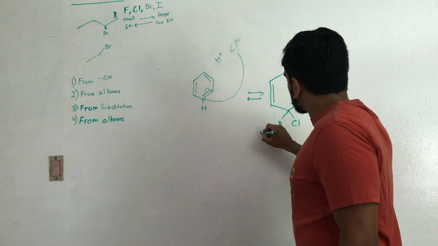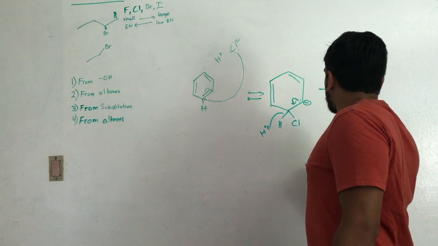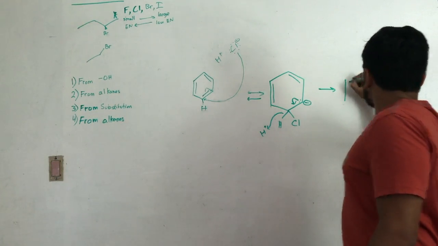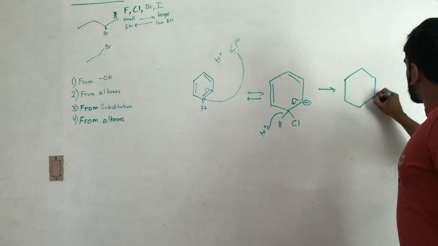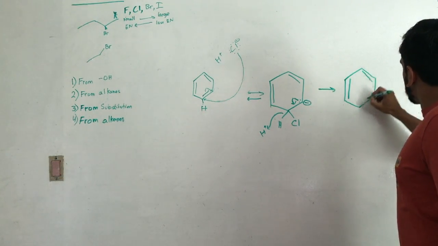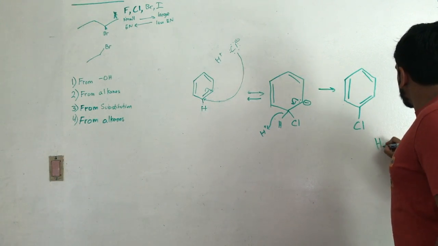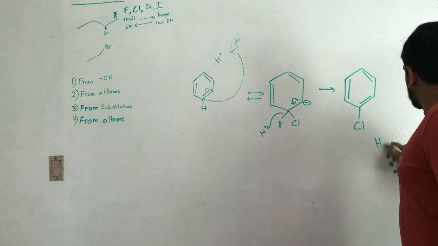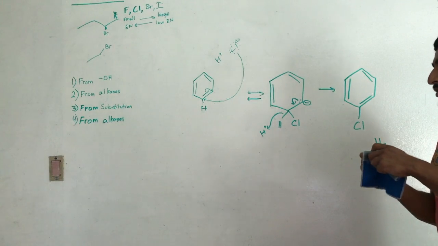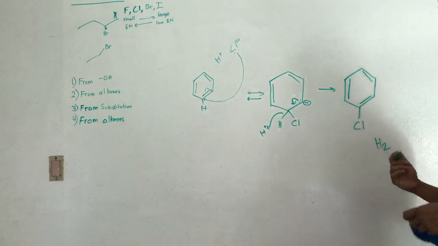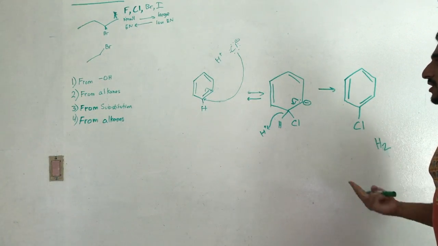So this can link up with the H plus from the previous step. And what you'd end up with is this as your product, and H2 gas. So the important thing to remember when you're looking at haloarenes is the mechanism consists of 2 things: